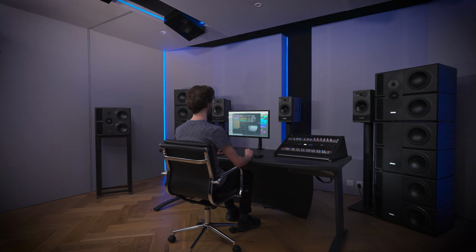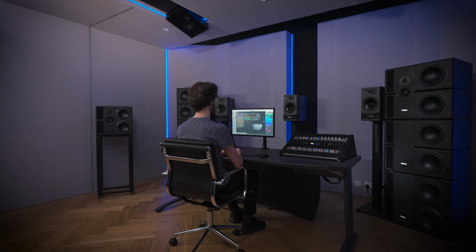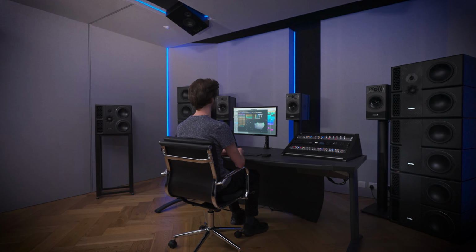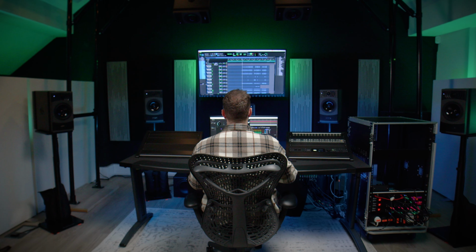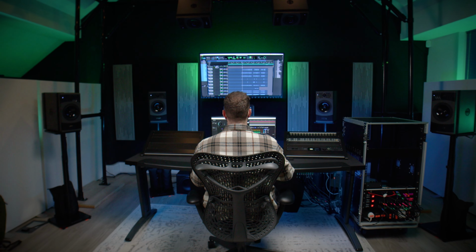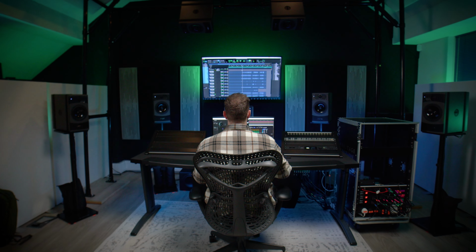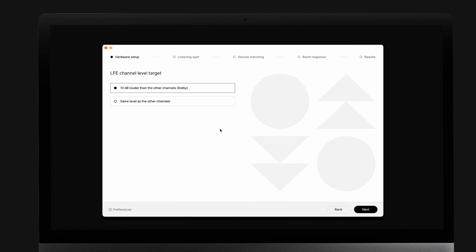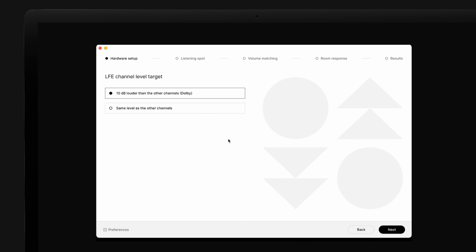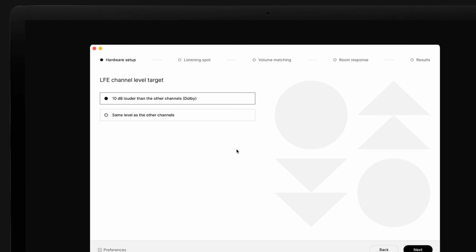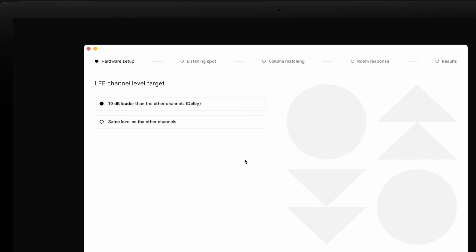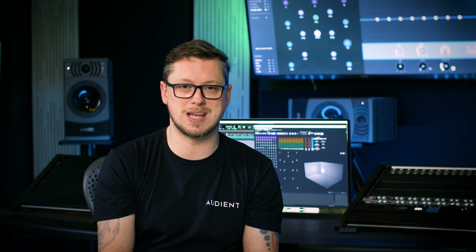Next, make sure your speakers are emitting sound at the same volume level. If one or more of your speakers are very loud or very quiet compared to the others, we recommend using your active speakers or amplifiers volume controls to make sure levels match. Dolby recommends setting your subwoofer to be 10 decibels higher than the channel volume to give increased headroom for the LFE audio. This is defined in both the Auria software app settings and the Measure app, so make sure that those are matched. If these are not aligned, the Measure app will let you know at the measurement stage.